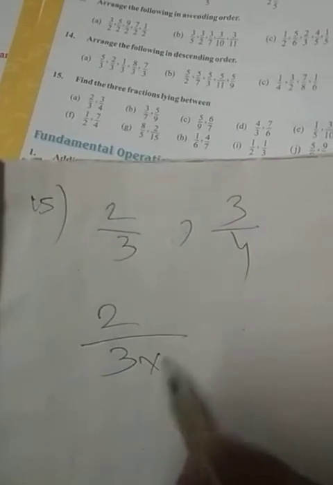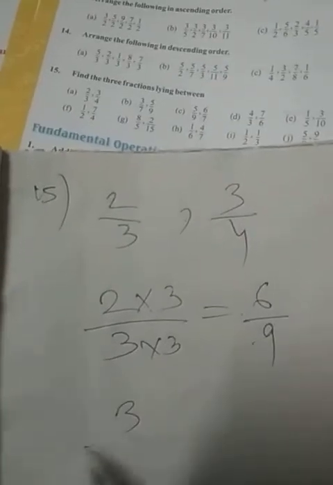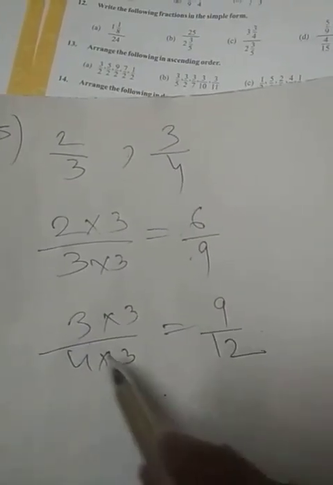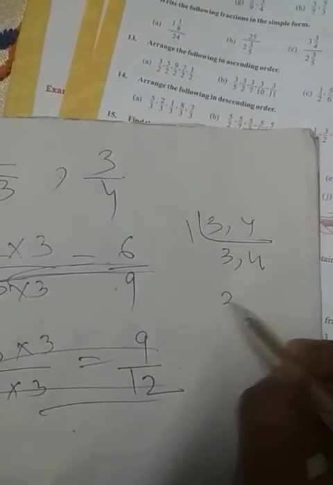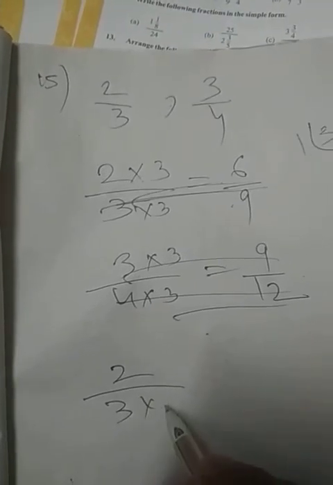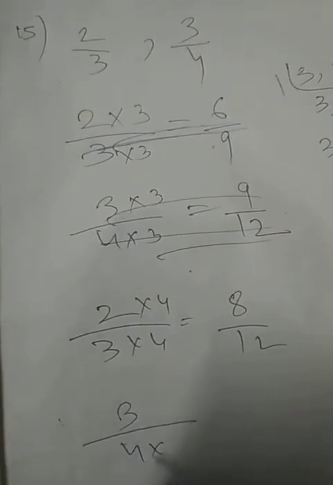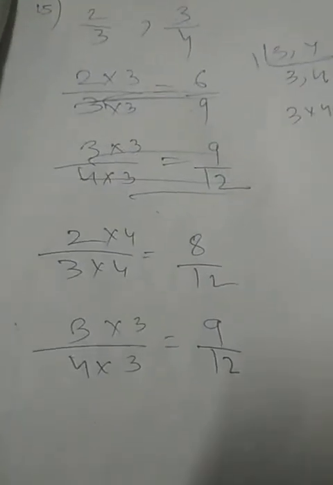Okay, I am changing that. Multiplying both terms by 3. Now this way is not possible. Sorry. First you have to find out the LCM of 3 and 4, and I will get 12. Now convert them into like fractions. 8 by 12 and that is 9 by 12.